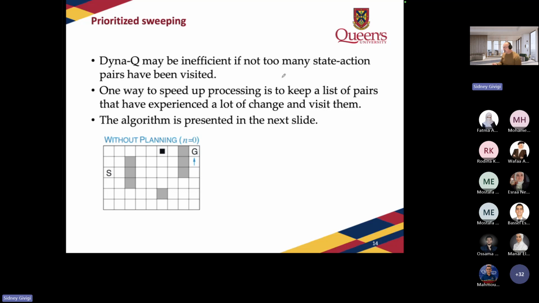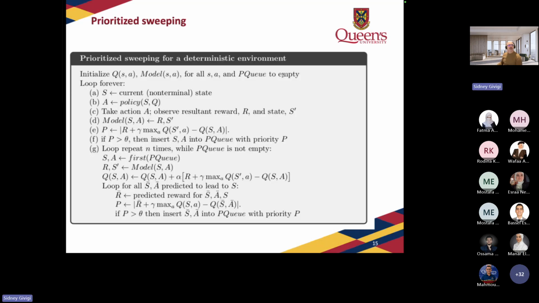How do we create these priorities? So this is one thing. So how do we create this? One way of creating that is for us to relate the priorities to the TD error. So if you recall, last time we called this the TD error. So this is going to be a delta T.